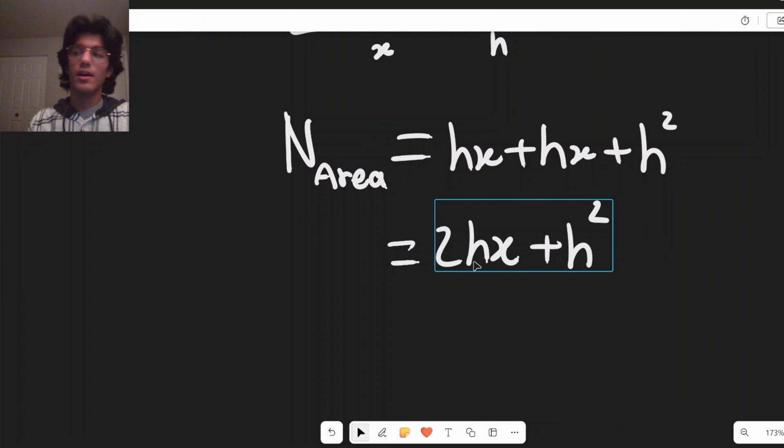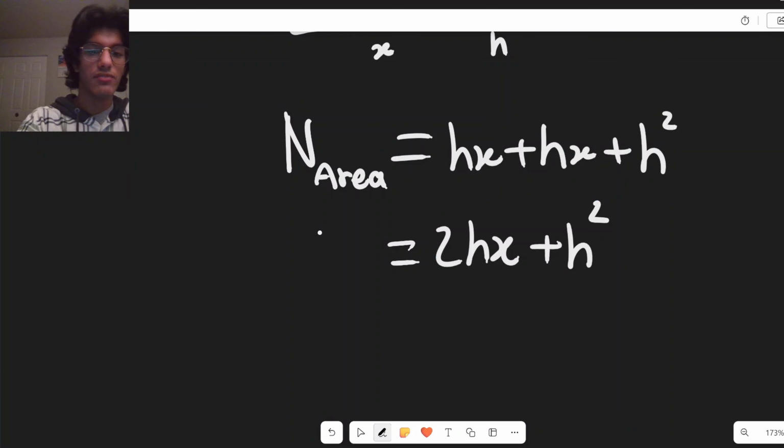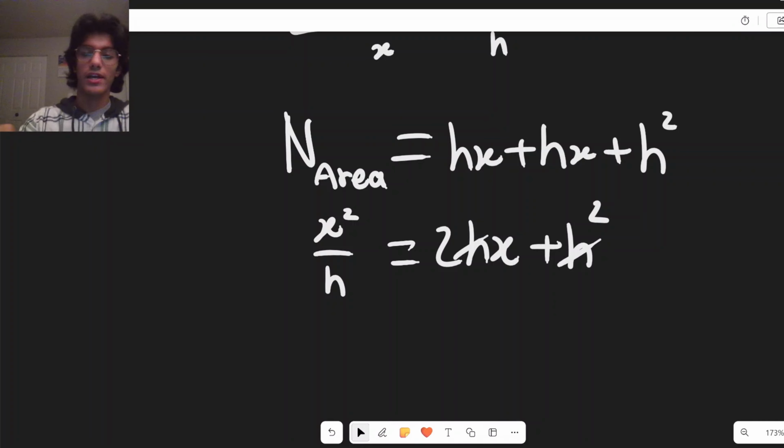h is, in calculus terms, h would represent a dx, okay? So really, if we had the original function x squared, the new area would be this divided by h. So this will get out, this will get out. So then we'll just have 2x